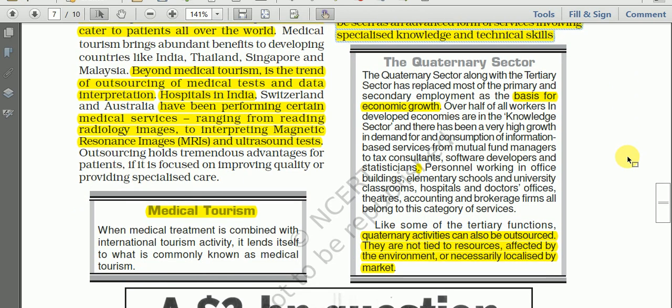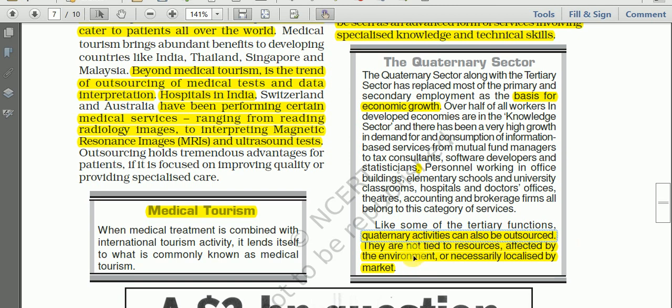And one more feature or characteristic is given here. See, quaternary activities can also be outsourced. Last time we talked about outsourcing, the meaning of outsourcing we have learned, and we will discuss outsourcing in detail after some time. So here let us concentrate on the features of quaternary activity. The third important feature is that quaternary activities can also be outsourced,